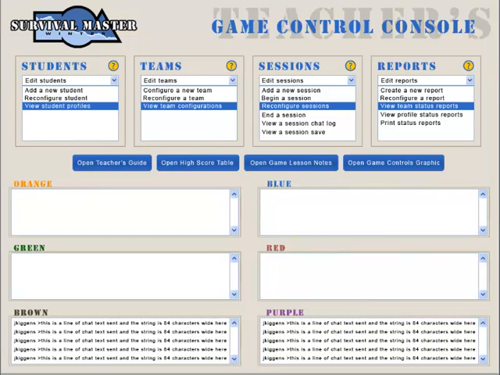So the console for the teacher allows the teacher to first of all populate the class into the system. You need to add a student, or you might need to reconfigure a student, and then you want to see as the teacher what's going on with the student profile, so you can do that at any time. The teacher needs to work with teams, so you need to configure a new team, and then you will probably need to reconfigure teams, and then you want to see what's going on with the team. And then the teacher can add new sessions and begin sessions, reconfigure a session that has already started, end a session, and then the teacher also has the